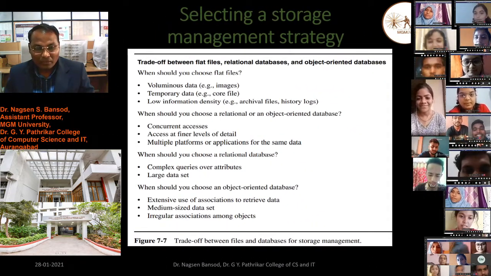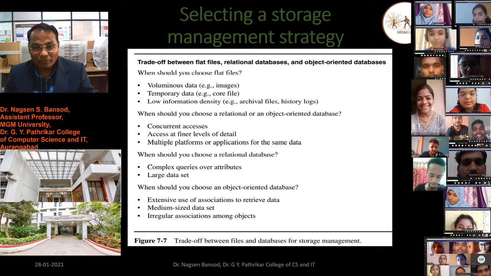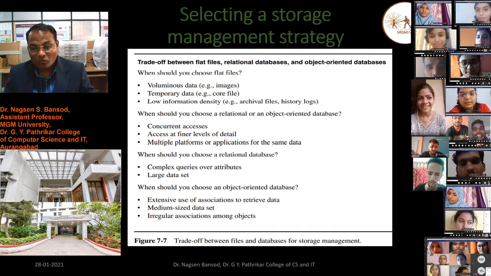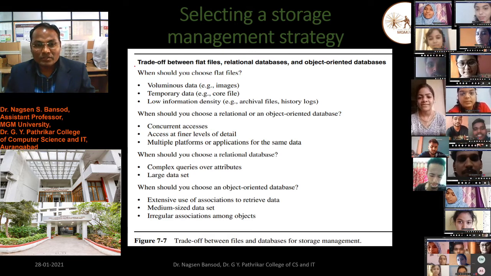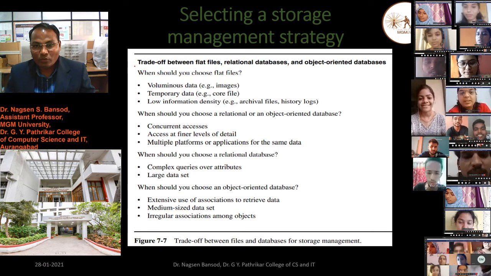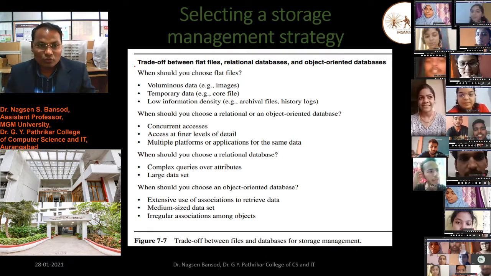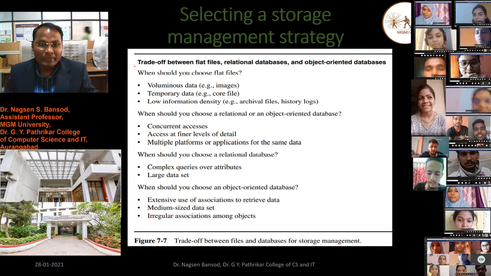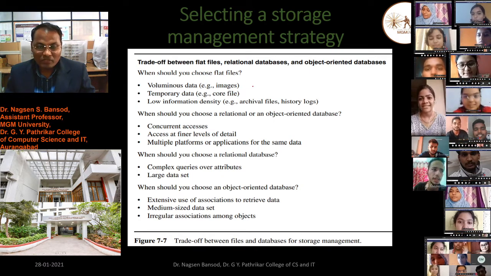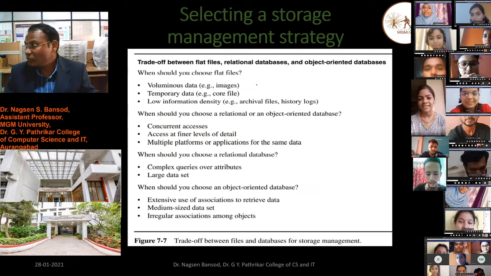You look at figure 7.7, the trade-off between file and database for storage management. This is the trade-off between flat files, relational database and object-oriented database. When should you choose flat files? Voluminous data, for example data in image format.